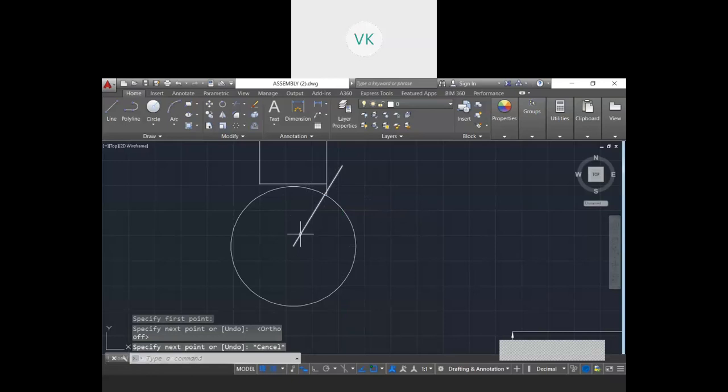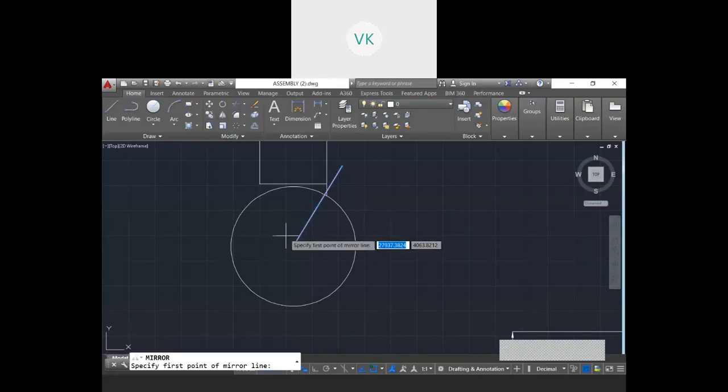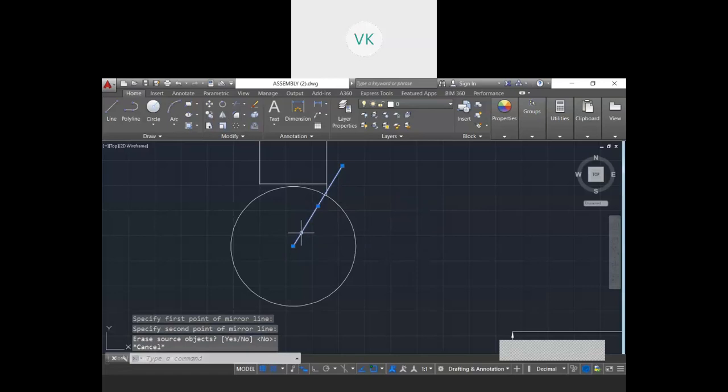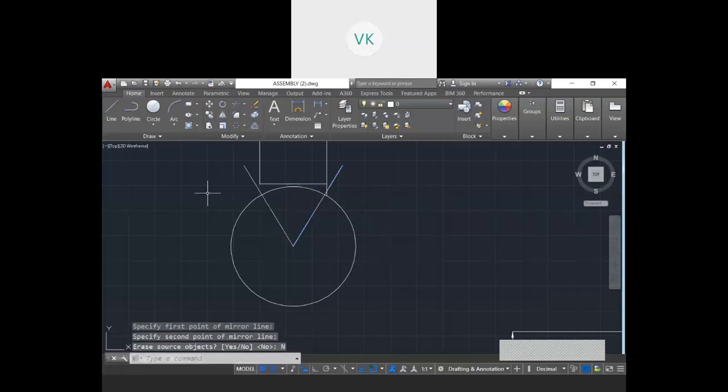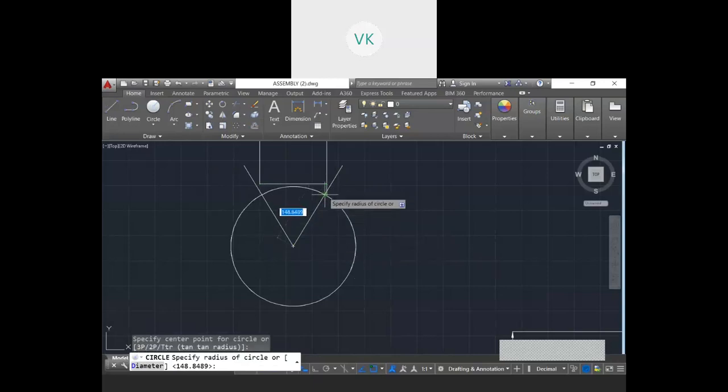Okay, so similarly I will be doing mirror image of this. So now I can join these lines. From here I can draw one more circle which is touching this vertex now.